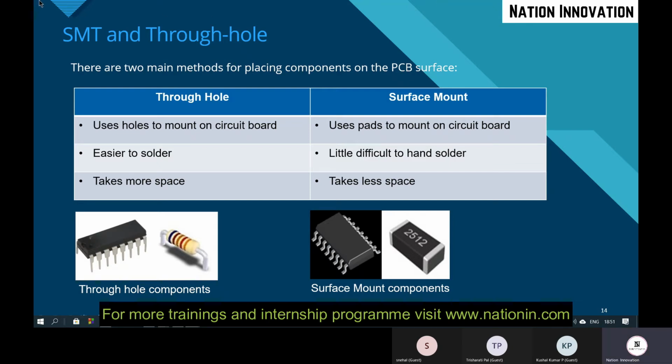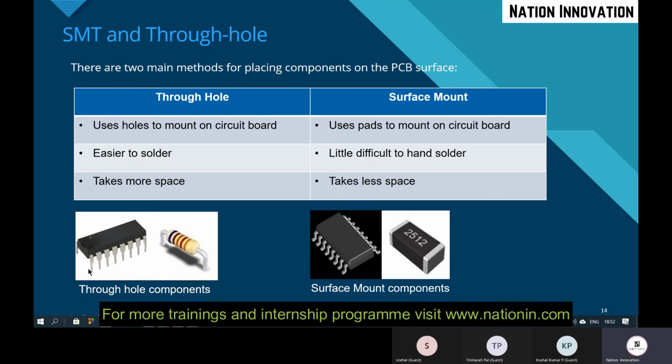I was telling about the components, right? That is nothing but SMT and through-hole components. SMT stands for surface mount technology, and THT is through-hole technology. In through-hole technology, we use through-hole components.